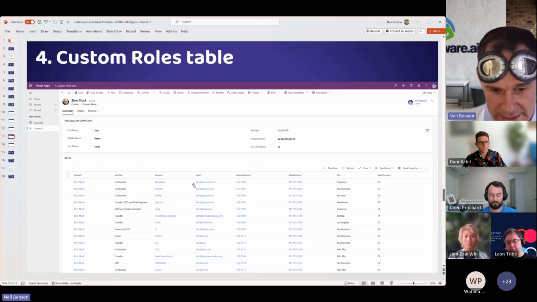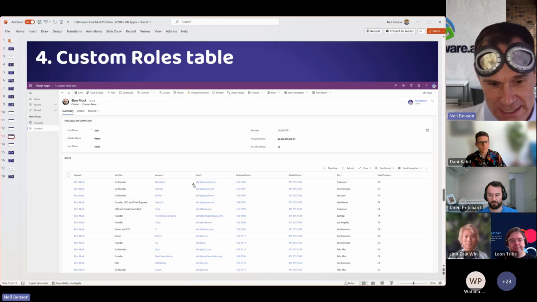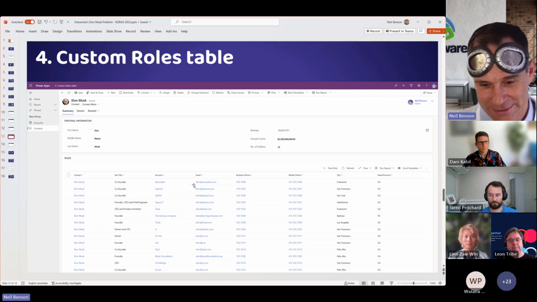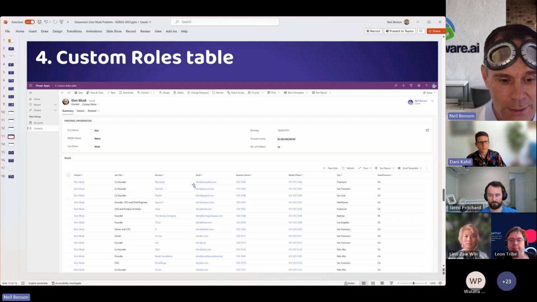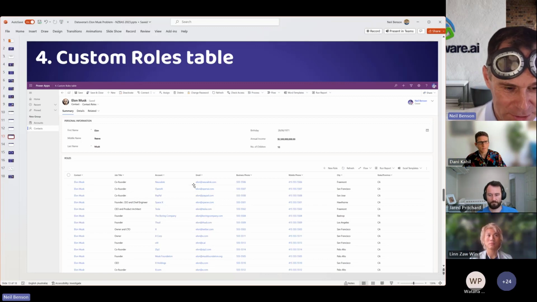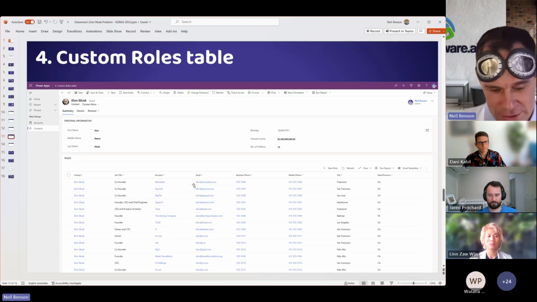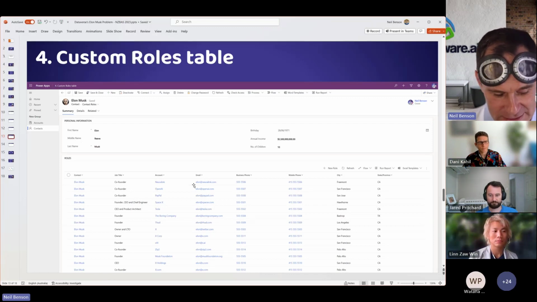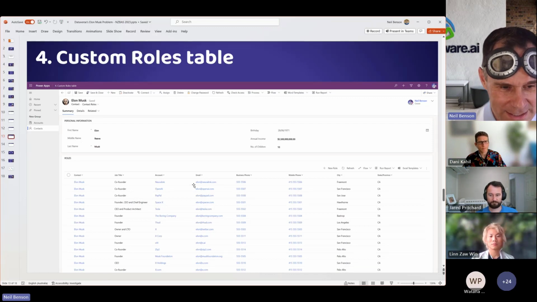The downside of that is that because it's a custom table and a custom field, it's not available in CRM for Outlook, so the tracking won't work. It's not available in marketing applications either, so you won't be able to do email marketing using this email address unless you customize the synchronization there. So that's definitely a downside.